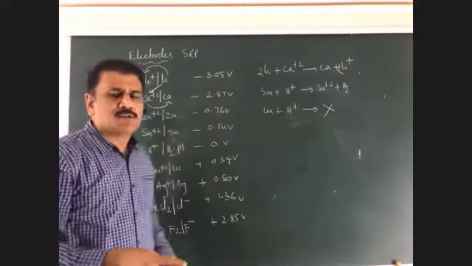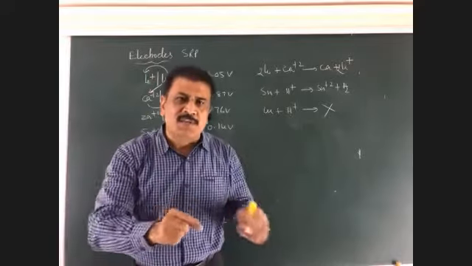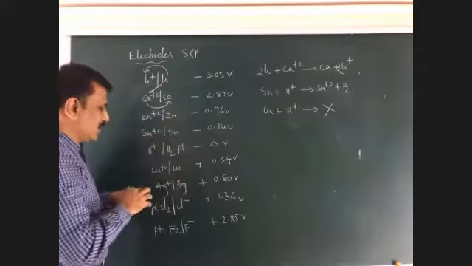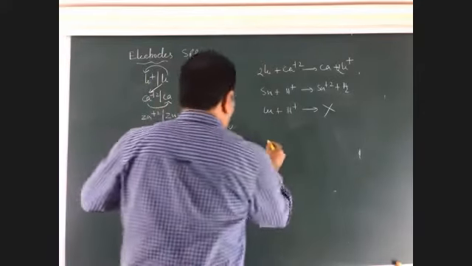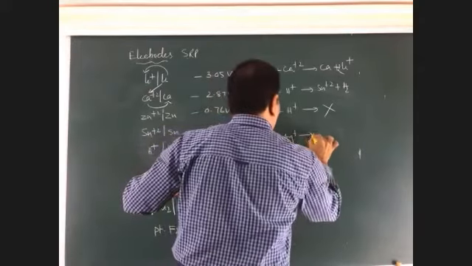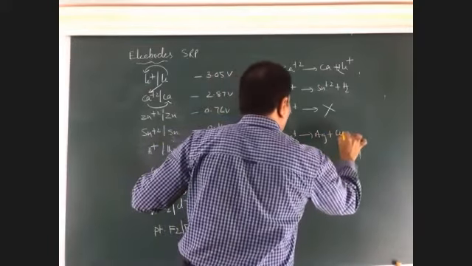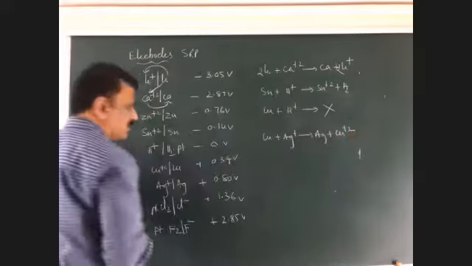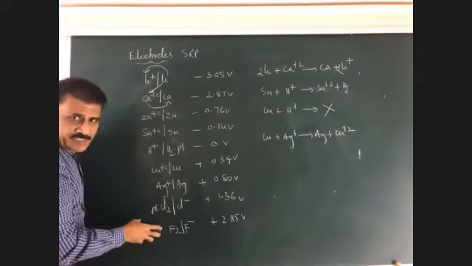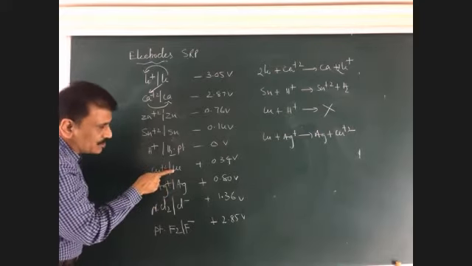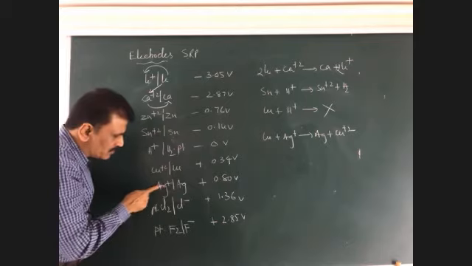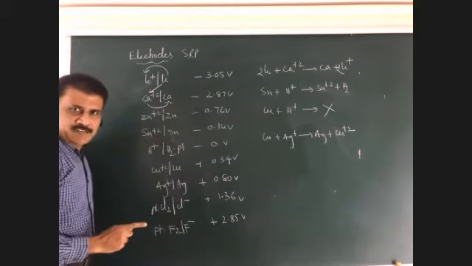Based on that, so many chemical equations can be written in the textbook. So this is the important order you have to understand. Now look at one more example. Cu reduces Ag+ into Ag and Cu changes to Cu2+. Am I right or not? Based on this, you have to observe this series. In this series, Cu is on the right side, Ag+ is on the left side. So Cu reduces Ag+ into Ag. So that equation is right.